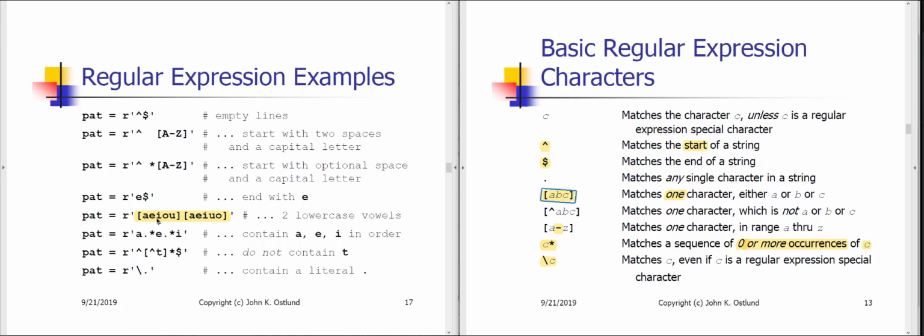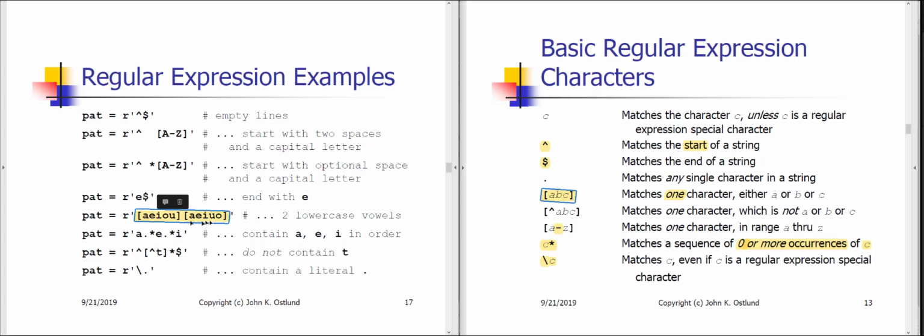And so what we're saying with this pattern is, look for a line that contains a little a or a little e or I or o or u, and that character, one of those 5, has to be immediately followed by one more character, which is either little a or e or I or o or u. So in other words, lines in the poem where there's a lowercase English vowel immediately followed by another lowercase English